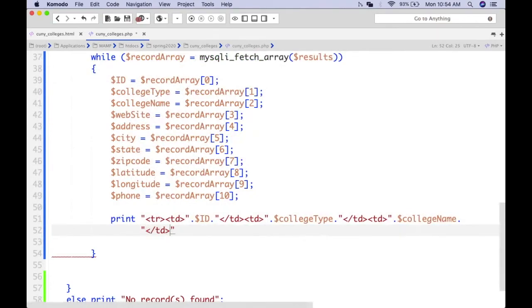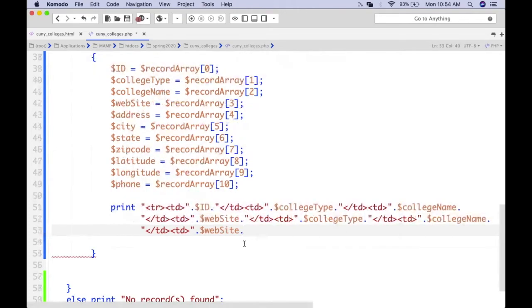Close TD, open TD, and concatenate there the college website, dot, let me take this here. Control copy, Control V. Website, I close TD, open TD, $website address, close TD, open TD address,